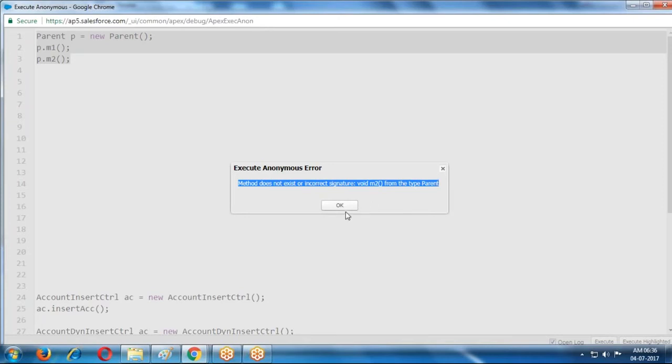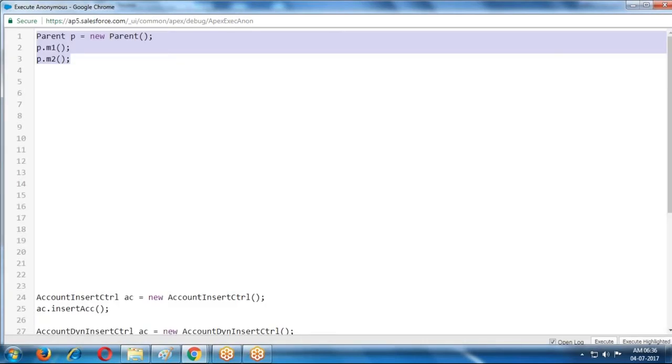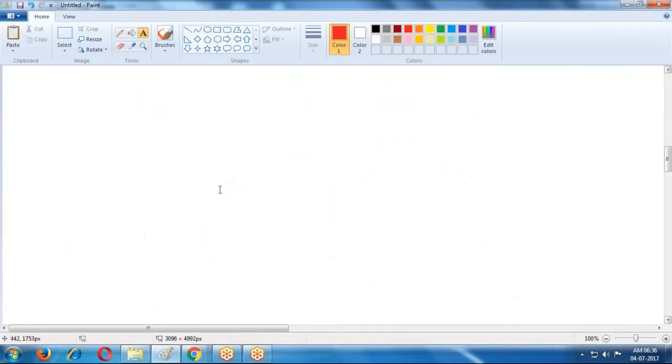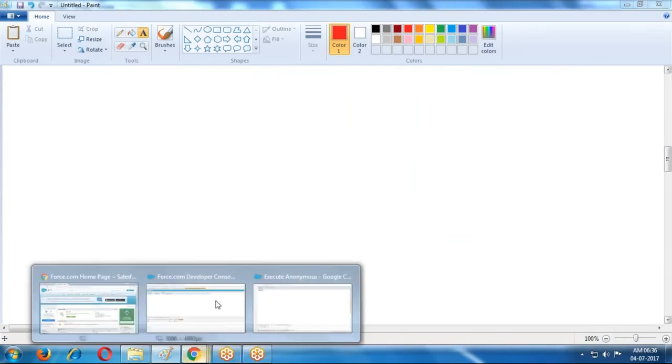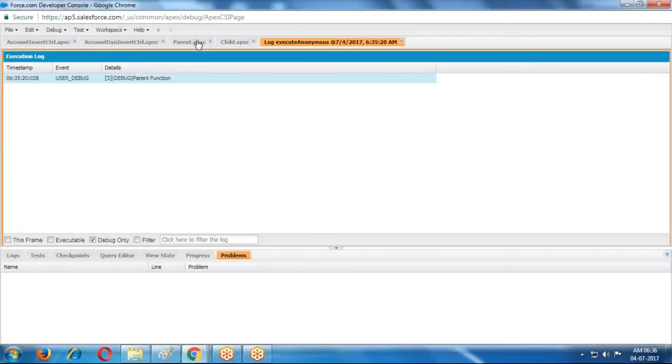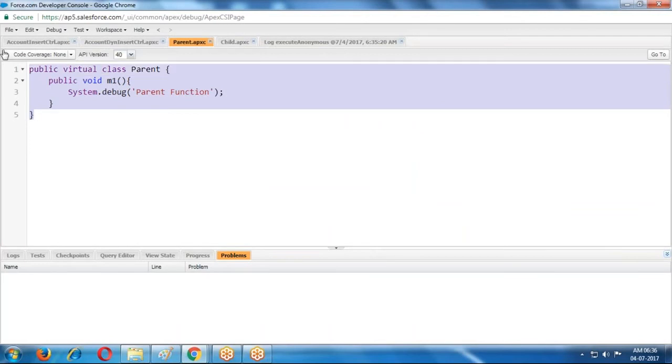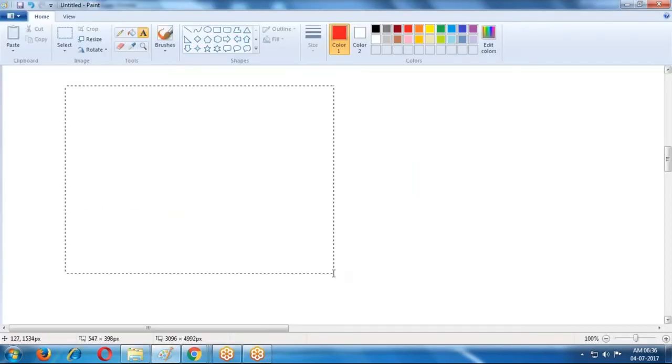Why are we getting this type of error? The simple reason is, here we have two classes: one is a parent class, one is a child class.